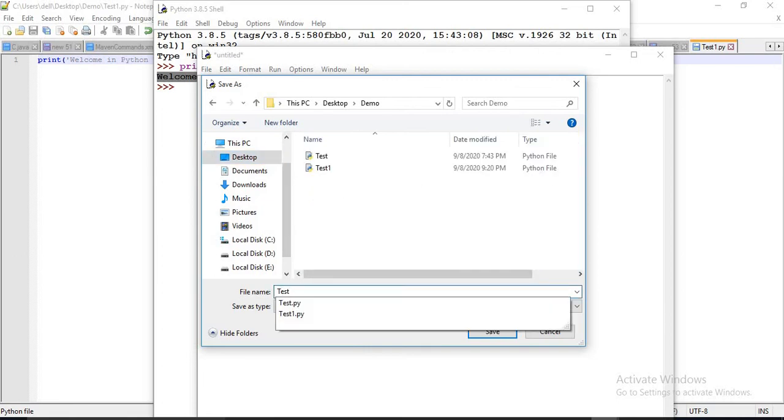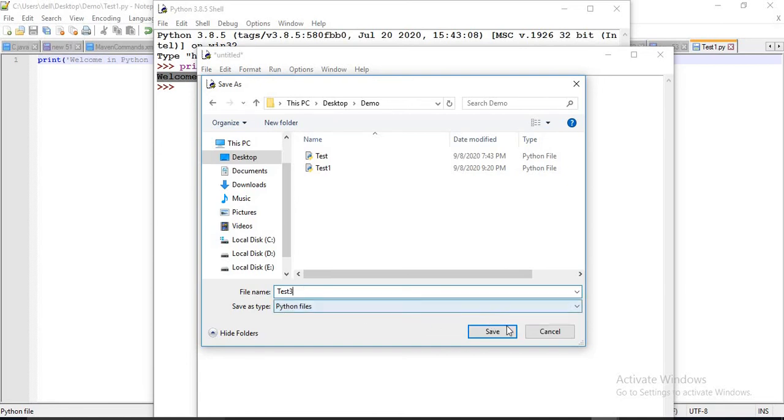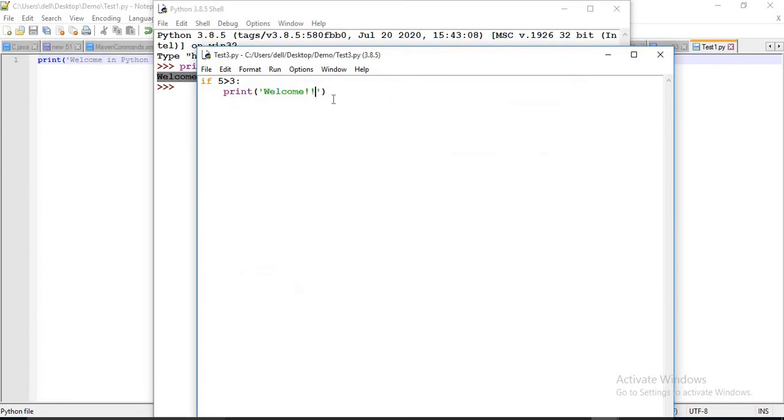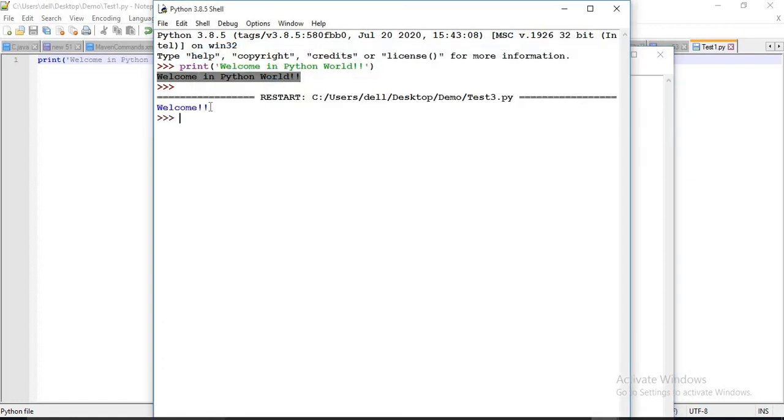Here we don't need to mention the extension because it's already a Python file. Then run: either press F5 or click Run Module here. See, welcome, it will print here. So this is another way we can execute a Python program.